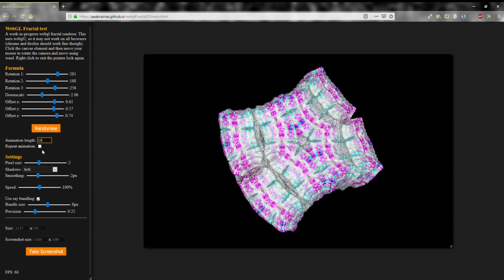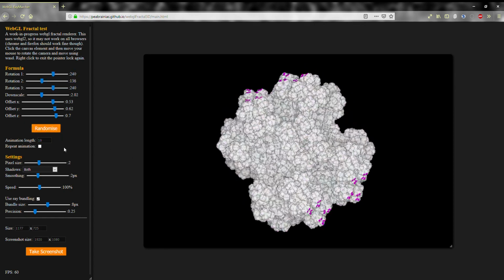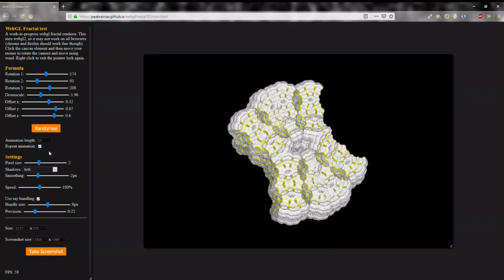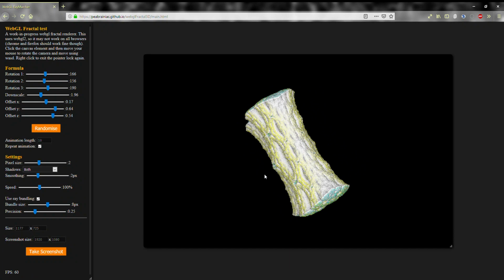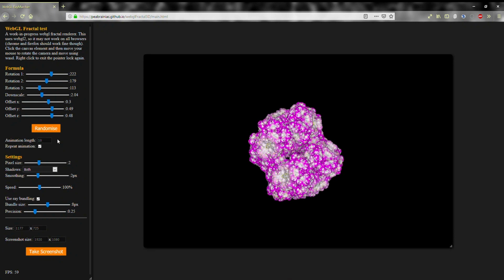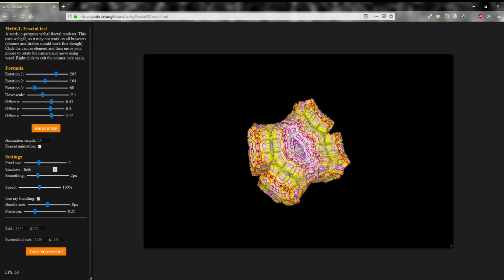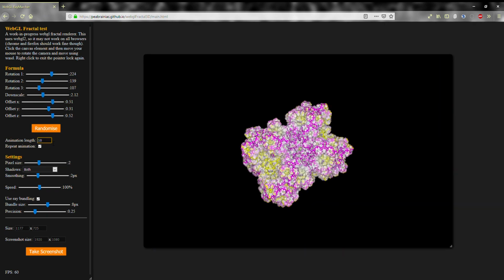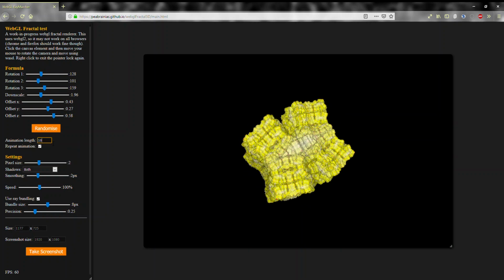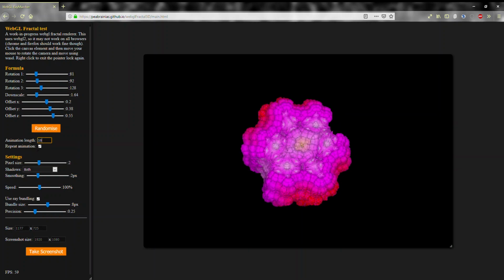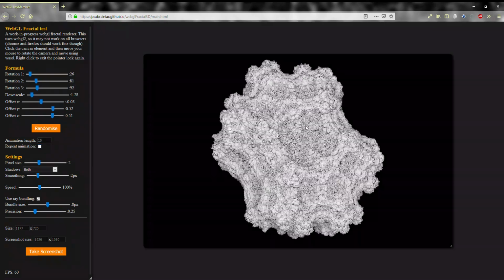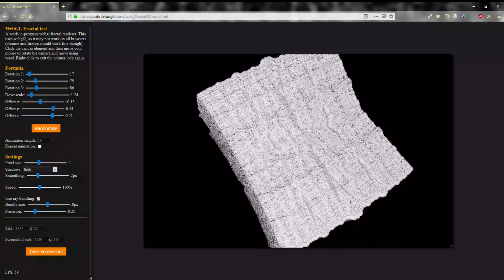I've also added an option to repeat this animation basically indefinitely. So if you activate that over here, it just starts a new transition whenever the old one is halfway complete. So in this case, the transitions would take 10 seconds, but then a new transition basically starts every 5 seconds. So that kind of continues in a cycle until this is deactivated again, then it just completes the last transition and stops.